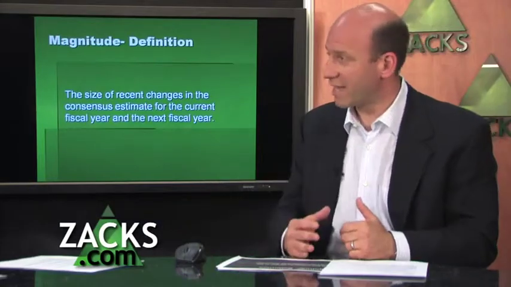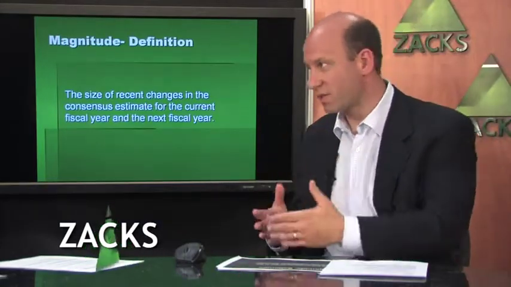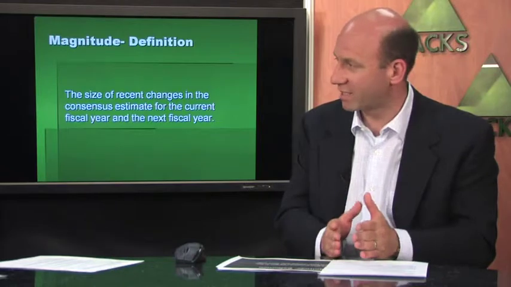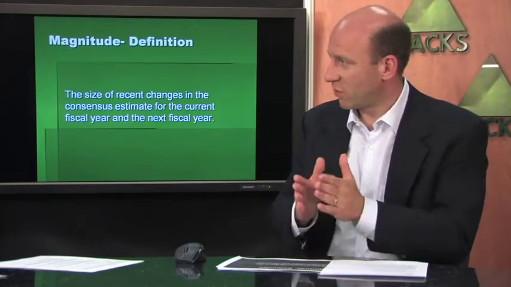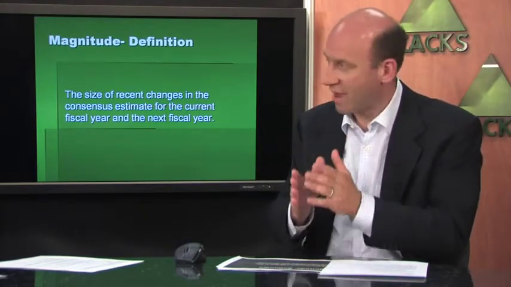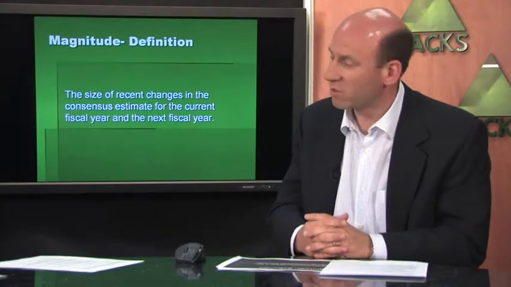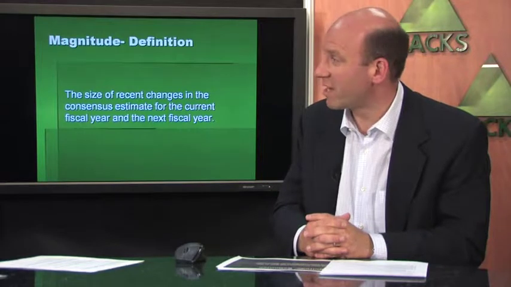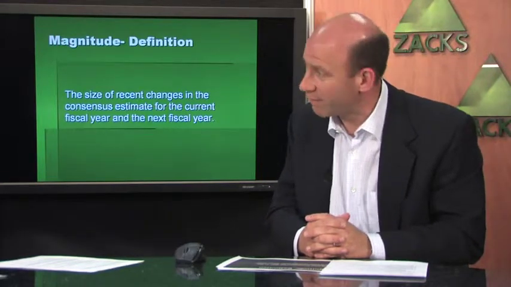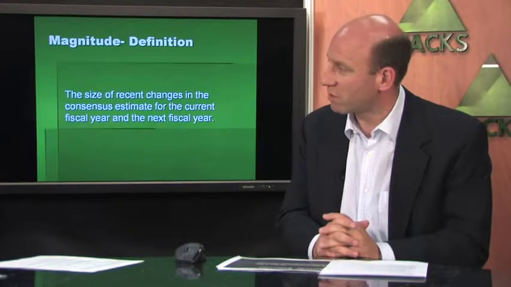Why is that? Beating the dead horse once again, but we have to go back to the basics. Earnings estimates fuel fair valuation models, which are used by the institutions who have the big money. If they see a 20% increase in the earnings estimates for a stock, it's going to increase their perceived value of that stock by 20%. They're going to throw more and more money at that stock, and most likely over the next 4 to 8 weeks, that stock will move in the area of 20%, and that's why magnitude is so important.